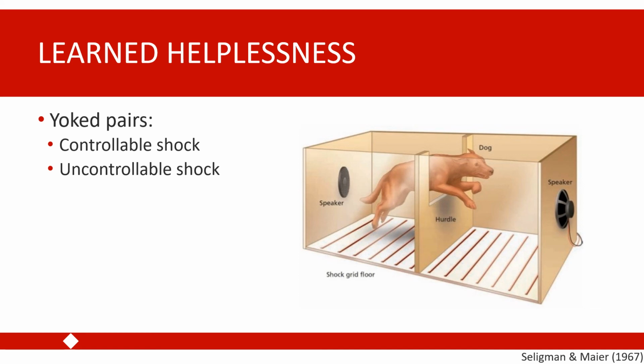This can contribute to that cycle of decreased behavior, leading to decreased opportunities for positive reinforcement, leading to increased experiences of stressors and aversive stimuli, like we saw with the dogs who were in the uncontrollable shock group, who later did not demonstrate an ability to learn to decrease that aversive experience, and contributing to that cycle of a reduction in positive reinforcement, leading to a reduction in behavior that leads to a subsequent reduction in further opportunities for positive reinforcement.